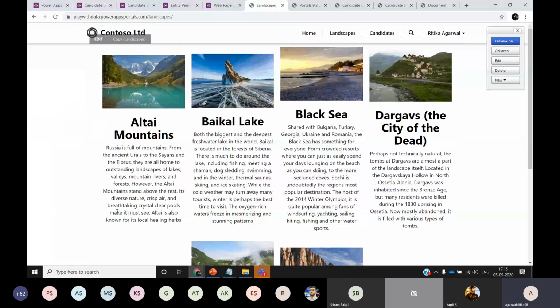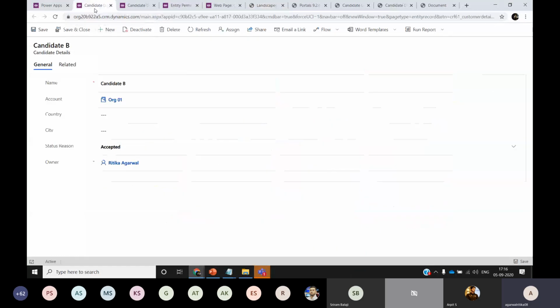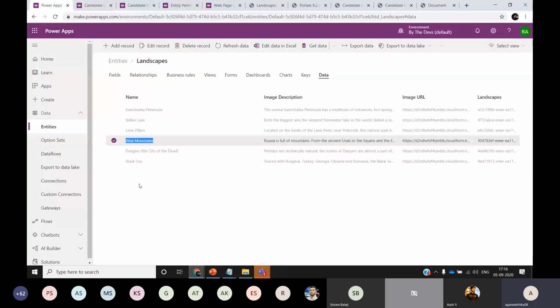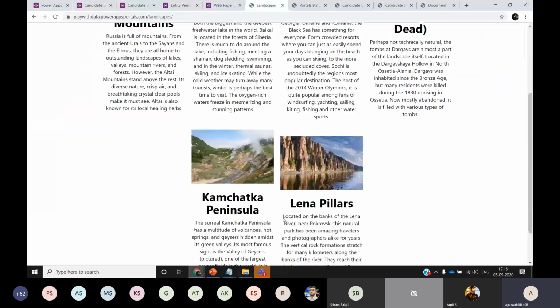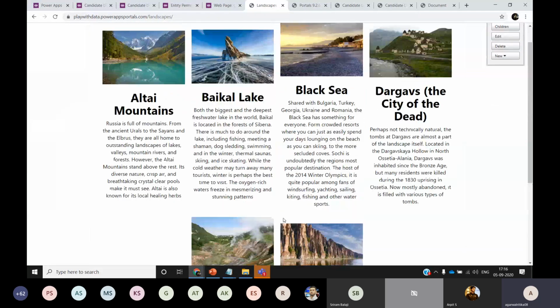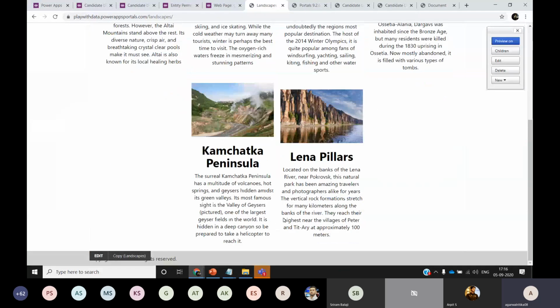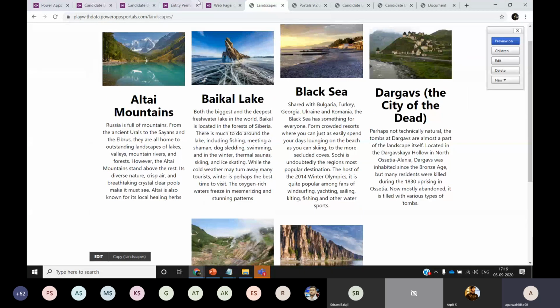And if I want to make any changes to this page, there is no need to come to this page and edit the page copy. All the changes can be done by anyone by using a model driven app or something, and everything can be managed in the back end. We just need to clear the cache and the changes will be reflected on all the portals. So if you want to embed this in a different design or something, that's totally doable.